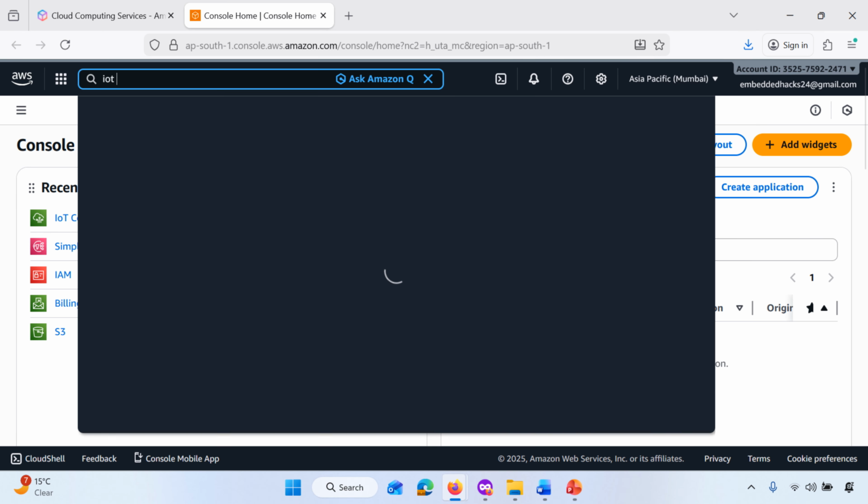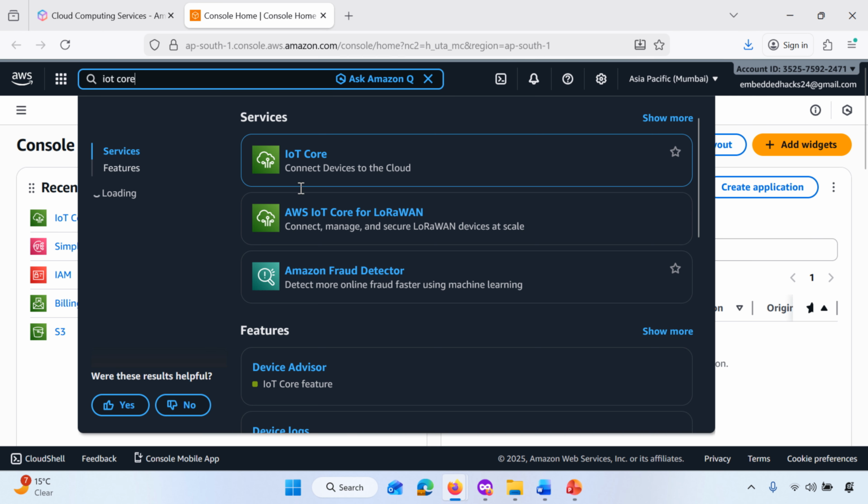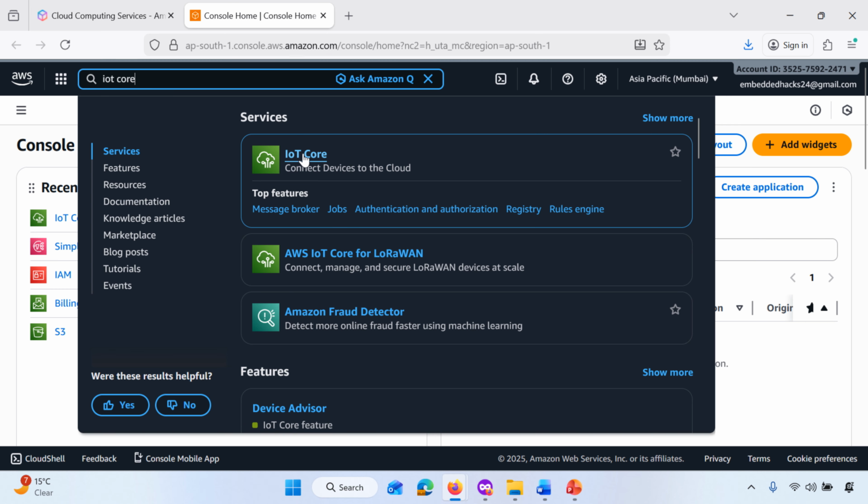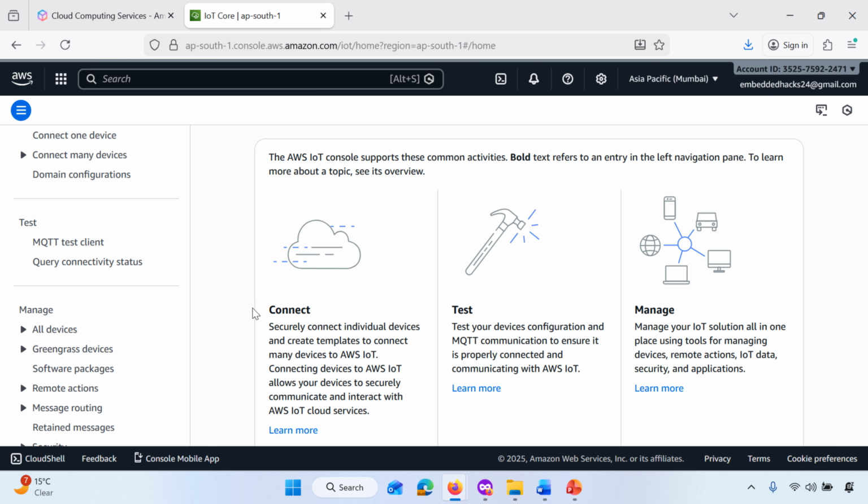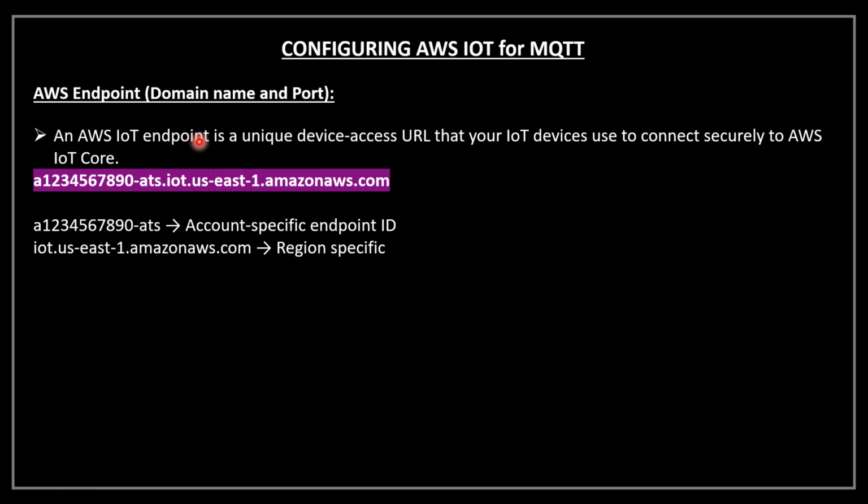In search, if you write IoT Core, this service connects devices to the cloud. Now let us understand the features one by one and see how to configure them in this AWS console panel. So the AWS endpoint: an AWS IoT endpoint is a unique device access URL that your IoT device uses to connect